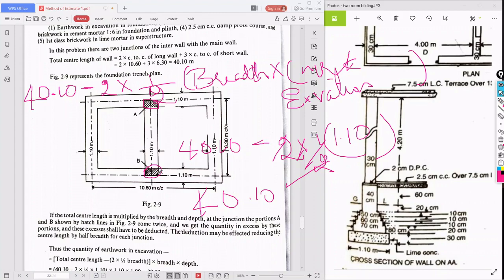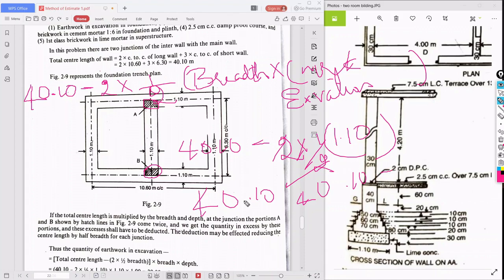Wait, now we'll take out the calculator. So do it in your calculator. Okay, 40.10 minus 1.10, let me do, just we will confirm. So 40.10 minus 1.10 will be 39.